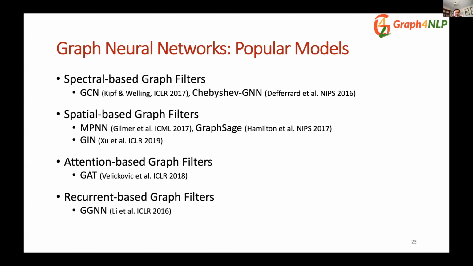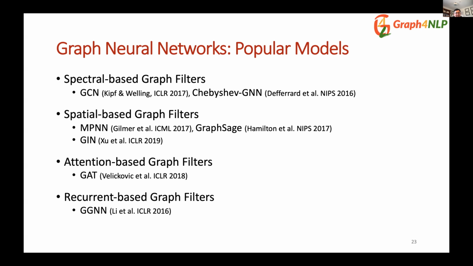For example, for spectrum-based graph filtering, the most famous method is probably the GCN. This is probably the most cited paper in this domain. They define a graph filter operation using the graph Laplacian Fourier domain, to transform everything into the Fourier domain. We'll discuss this in detail. The spatial-based method tries to aggregate the messages through the spatial neighborhood instead, rather than tackling this problem from the transformed Fourier domain. And the attention-based method is very close to the spatial method, but you try to